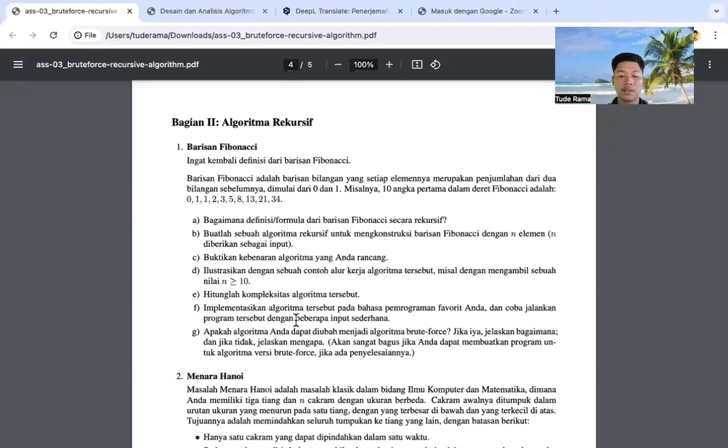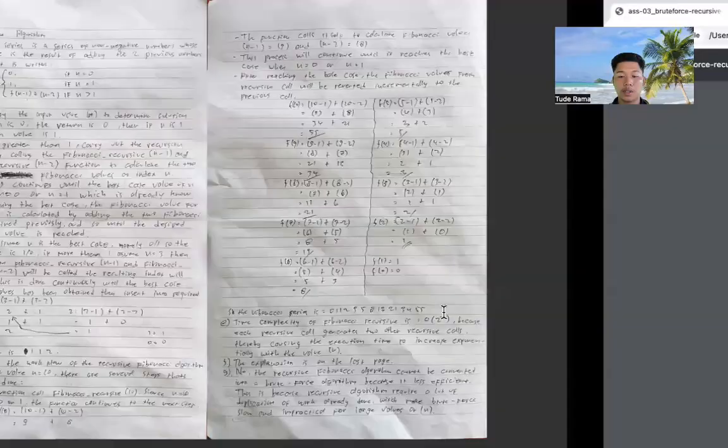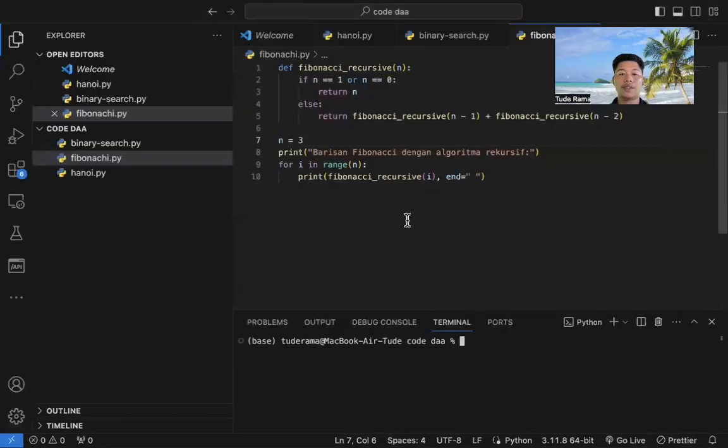So number F, implement the algorithm with a programming language. In this case, I implement it with the Java language. This is the code. First one is the definition of the Fibonacci function. The function is Fibonacci recursive with the parameter n.